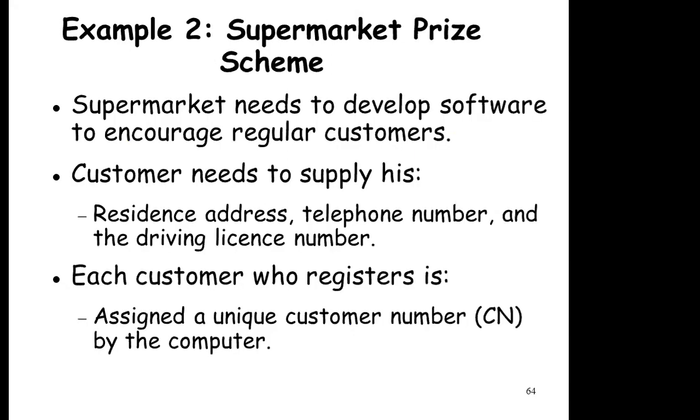There is another example of a supermarket prize, where the supermarket is there. You go through this. I will leave it to you, where the supermarket needs to develop software to encourage more customers to come there. So the customer has to supply their residence address, telephone number, driving license. Then each customer is assigned a customer number by the computer. Next,